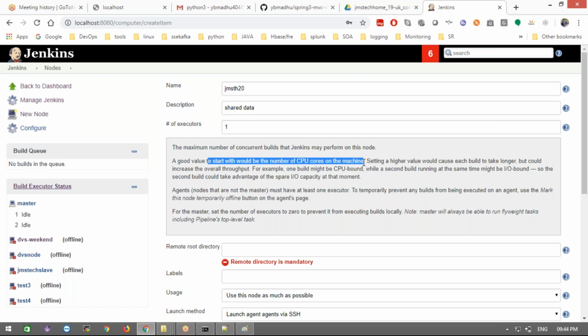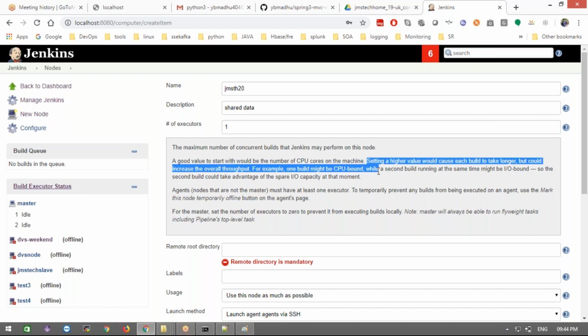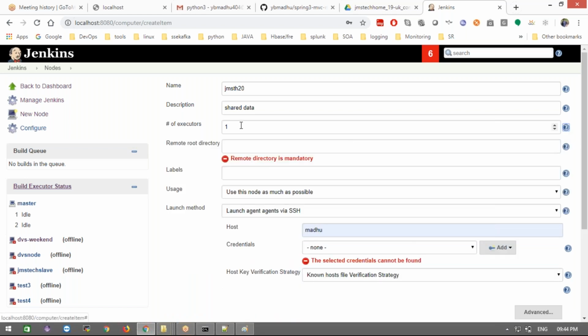If you have more CPU cores, you can set as many as possible, to increase fast processing. If an interviewer asks why we declare executors in Jenkins, it is to increase the performance of running jobs, for fast processing.